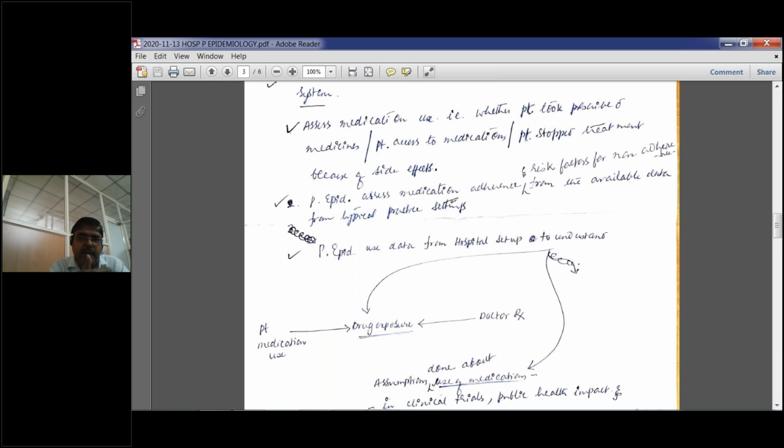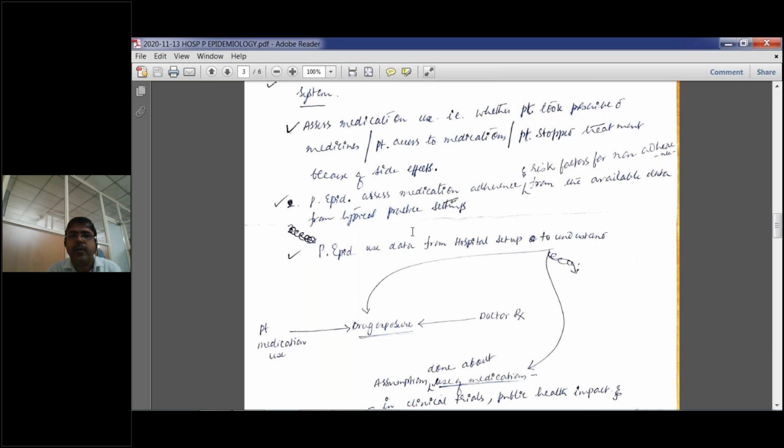We have seen barriers of non-adherence, correct? So here also the risk factors for non-adherence will be assessed. Okay. So it is all possible in the hospital setup